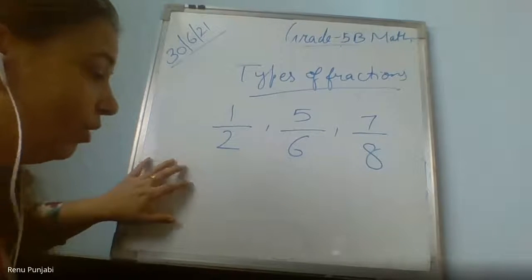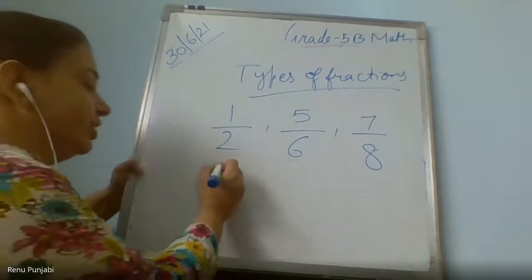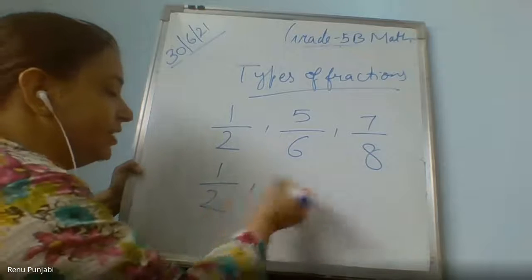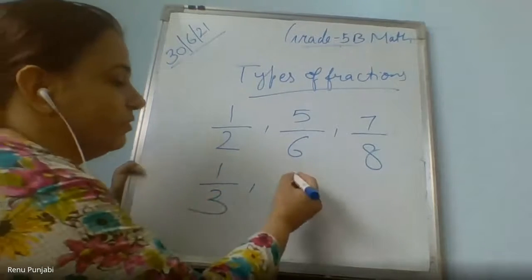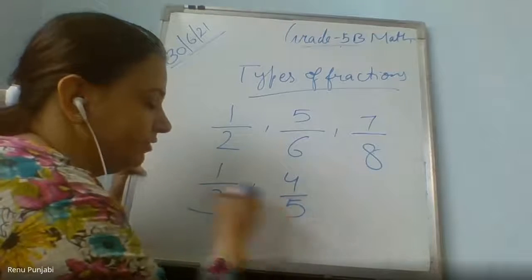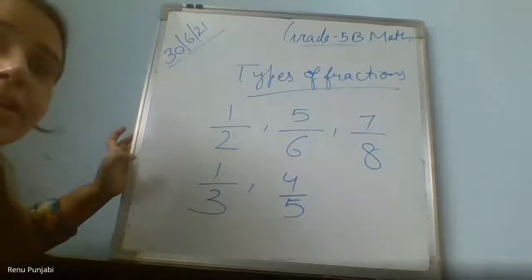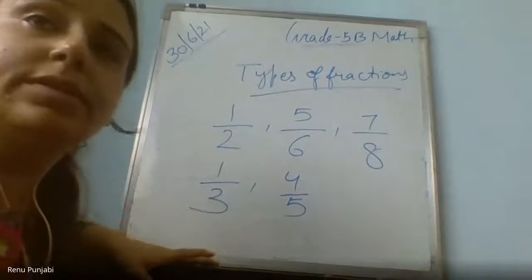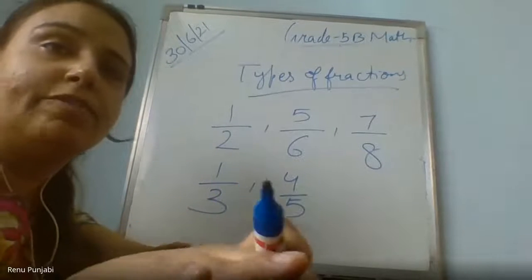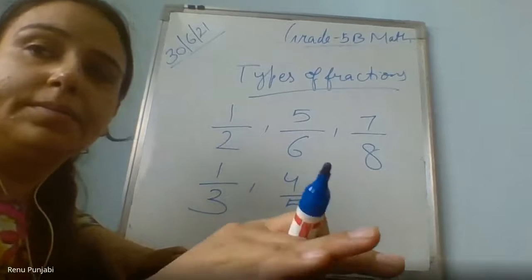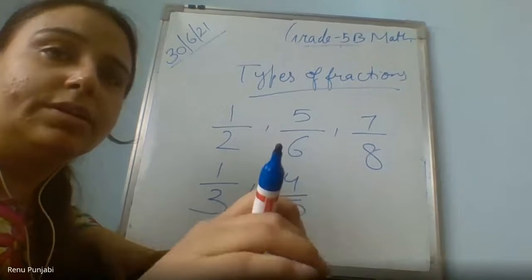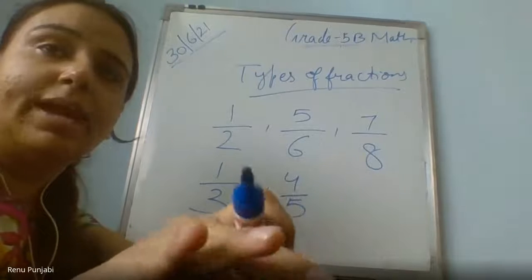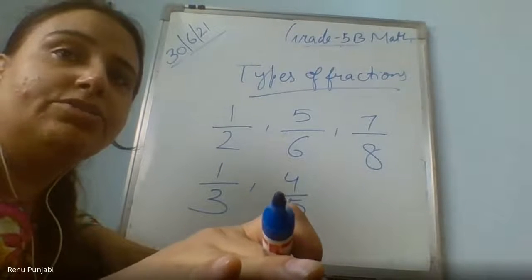If I give you many fractions in a group and I tell you to find their names, again 1/3, 4/5. Okay, so please mute your mic. Someone's mic is on. Still someone's mic is on. Please mute your mic, Anushka. Oh, sorry, ma'am.